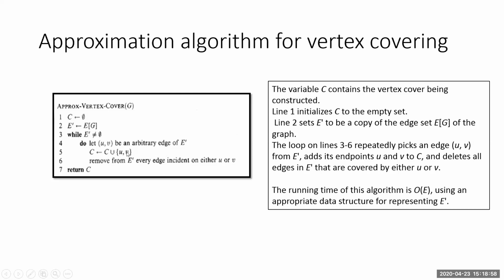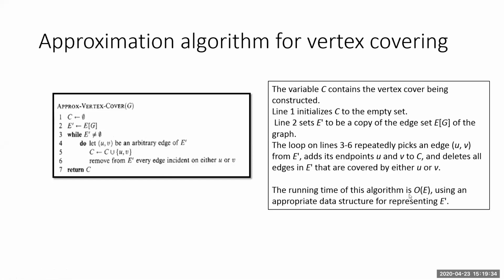Now, all the other edges which can be connected to V, and all the other vertices which can connect to U, can also be removed from E dash, so that this U comma V edge can act as a complete vertex cover. Then, whatever remains in E dash, you have to take again and look into it. We repeat steps 4 to 6 until the entire edge set becomes null.